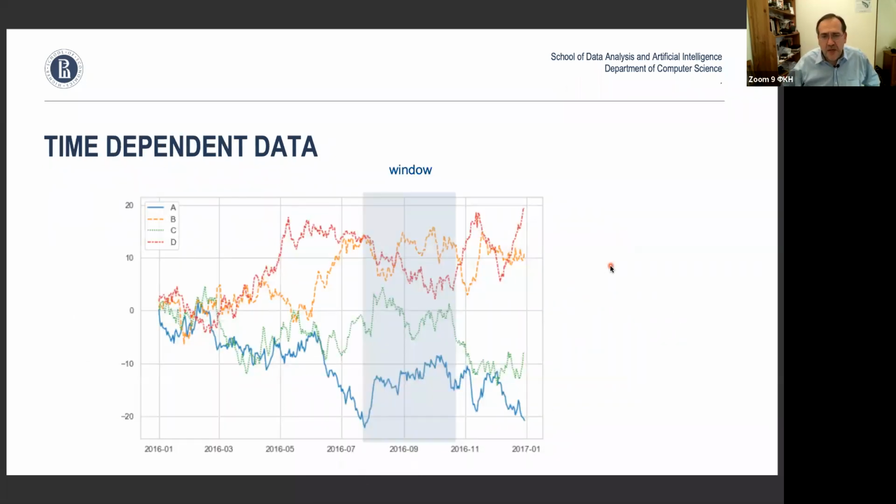Now, finally, one more class of data that I want to talk about today is what's called time-dependent data. Now, time-dependent data is quite special data. It has this parameter time, right, which is different from everything else, and it sort of goes only one way. And this is the way you usually handle it, right? There are certain types of operations you can do with time data. One of them is selecting a window, and another is performing operations within that window.